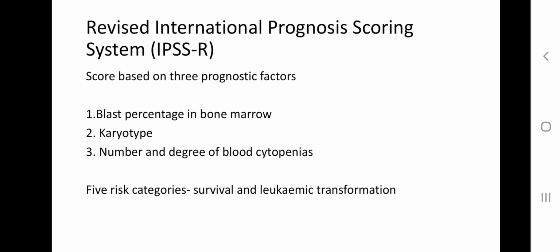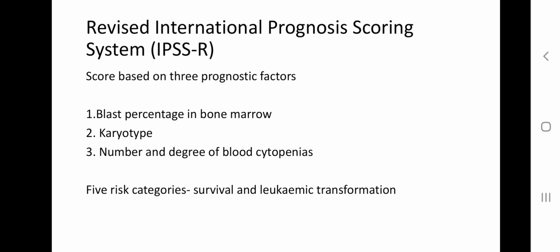Now, prognostication can be done by the Revised International Prognostic Scoring System, IPSS-R, which takes into account 3 prognostic factors for scoring. That is blast percentage in bone marrow, karyotype, and number and degree of blood cytopenias. So these are the 3 prognostic factors which are used in IPSS-R. We had already seen the blast percentage in bone marrow, the karyotype of the patient, and the number and degree